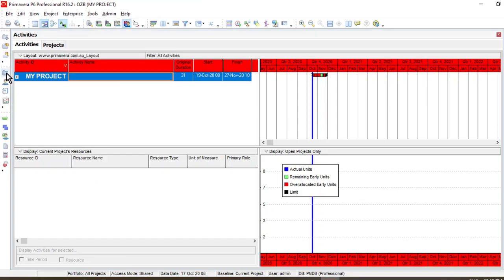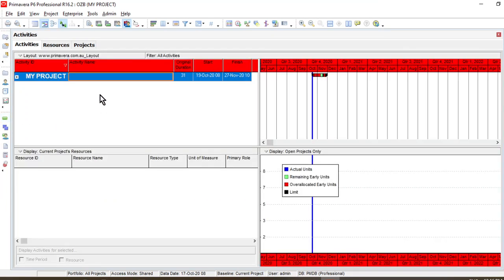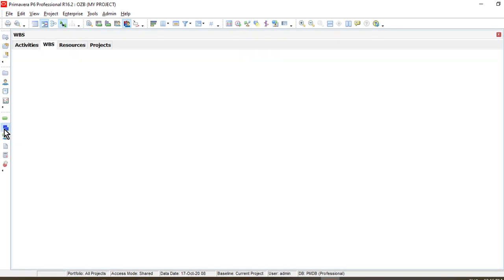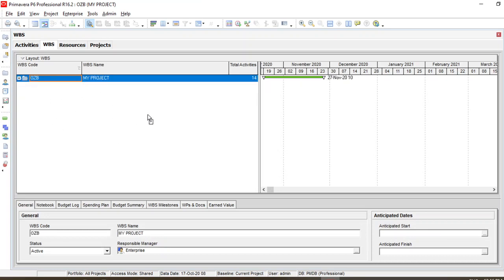For example, if I just place my cursor here, it shows that it is a project tab. Similarly, if I just click on it, it will pop up as resource. Here I'm going to add my resources. Similarly, this green tab is related to activities. I will just click on this tab, and all of my activities will be shown to me. Similarly, this is the WBS tab. This double blue square, you can say, is the WBS tab, in which I will add my summary